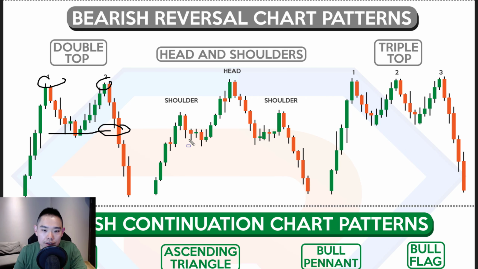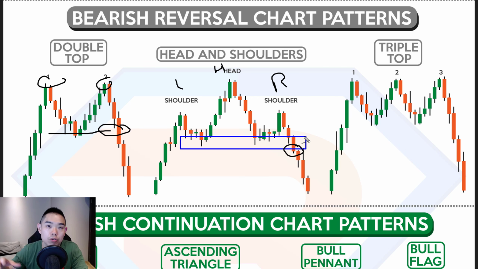This is the head and shoulders pattern. I do apologize, this actually should be what we call the inverse head and shoulders pattern, and this is what we call the head and shoulders pattern. This is the left shoulder, this is the head, this is the right shoulder. When the price breaks below this neckline, the market could possibly head down lower. And this over here is the triple top. Tested once, tested twice, tested 3 times. And then when it couldn't head up higher, and let's say it does break below this neckline, this market could